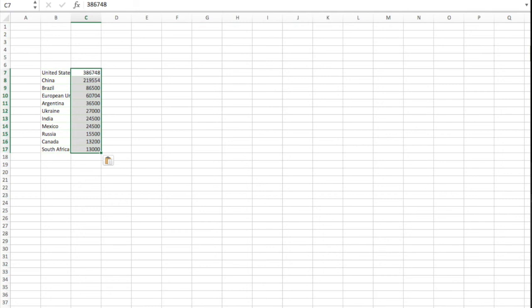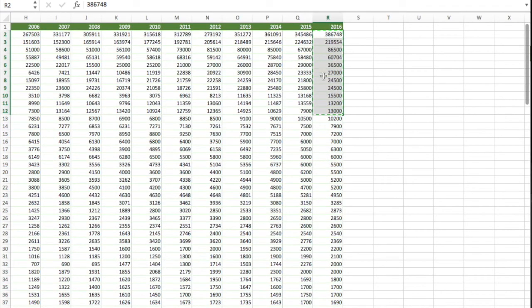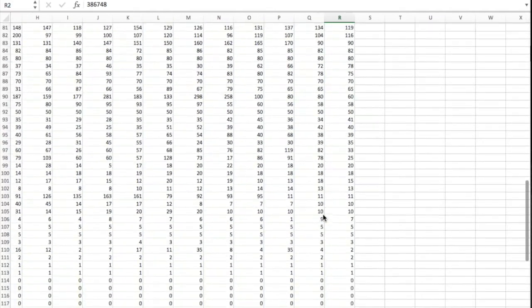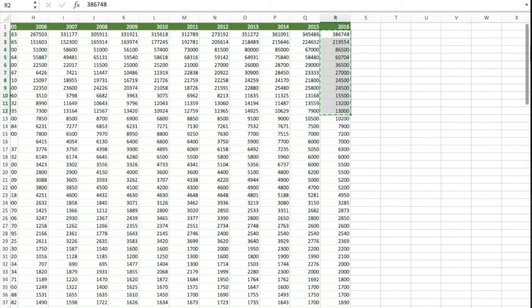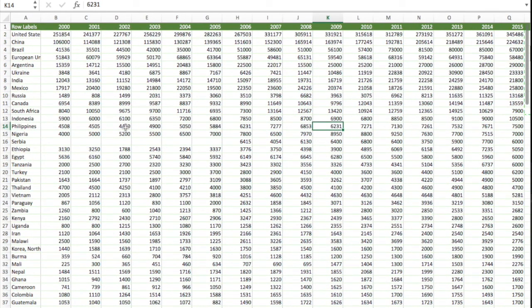United States had 748,000 metric tons in 2016. Total production, if you want to know how to get total production, is just sum this column, and it'll give you total production for the year. The other thing that I asked was for you to create a graph of the top 5. The easiest way to do that is if you eliminate the row label, highlight these cells,